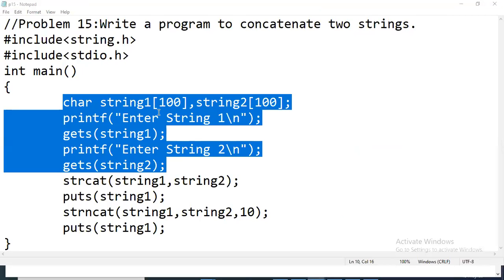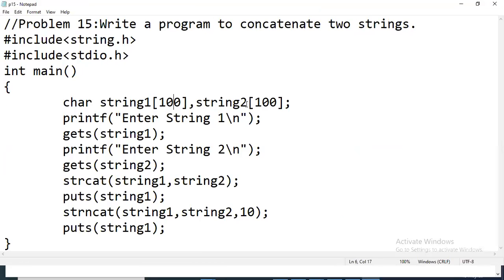Yes, so we have declared the size. We have a doubt that this size should be greater. You can declare, no problem. Anyway, we assume that we are not giving 100 letters, so 100 will be sufficient. For string 2 also, we have declared a very large size, right? That will not be a problem. We will not give such a big input. It becomes a tedious process, right? Entering 100 letters. So we are limiting it. That is why we have just given 100.